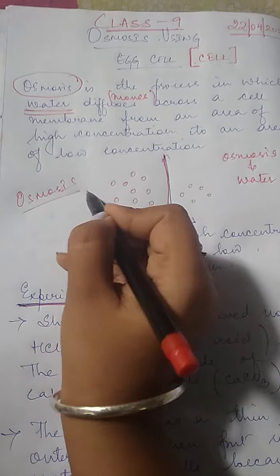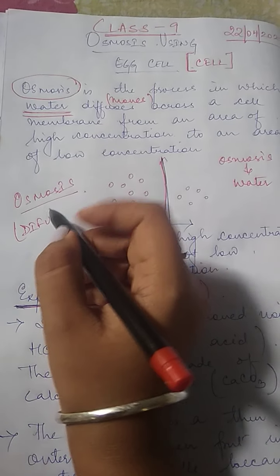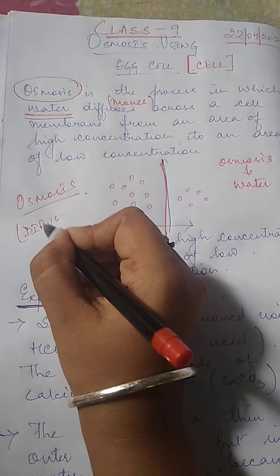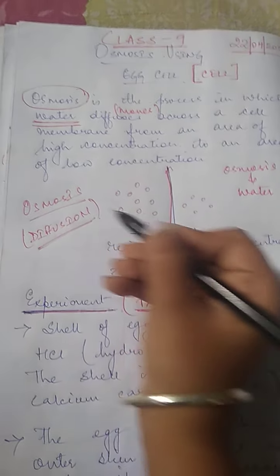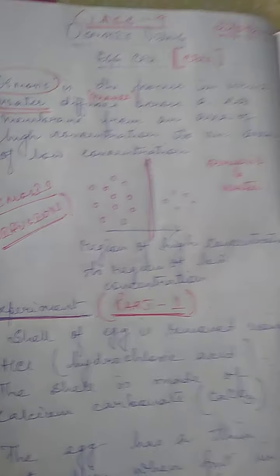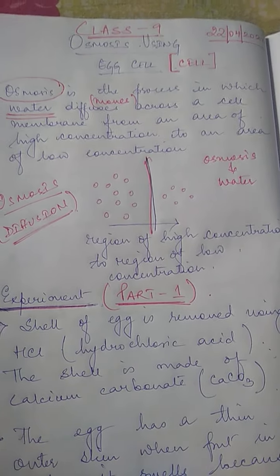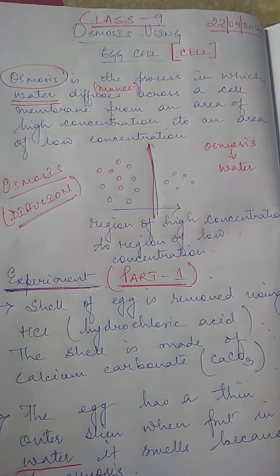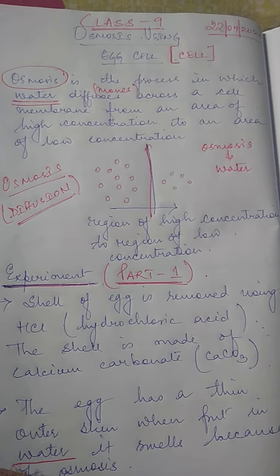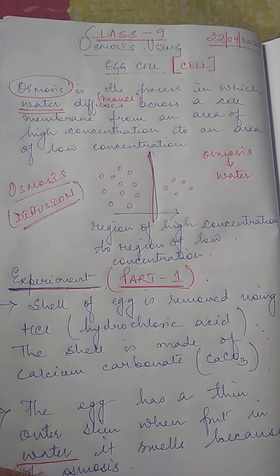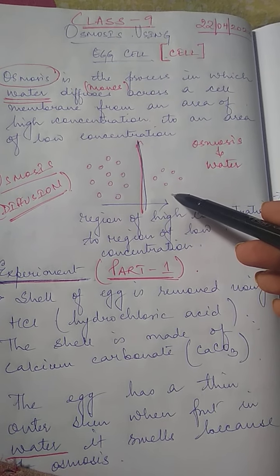And there is something also which is known as diffusion, but diffusion is just simple movement. Diffusion is just simple movement of any gas molecules. Like suppose you get the smell of a perfume in one room, and then in the other room you again get the smell of the perfume. Why is it like that? Because the movement of molecules takes place. So that is simple diffusion. There is no barrier. But here you find the barrier is there, which is the cell membrane.